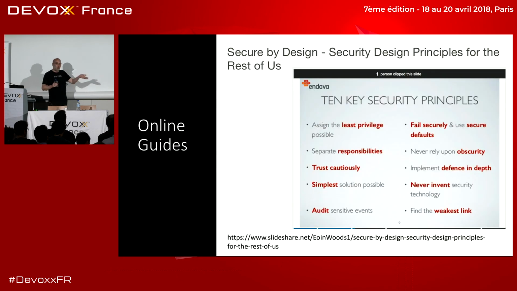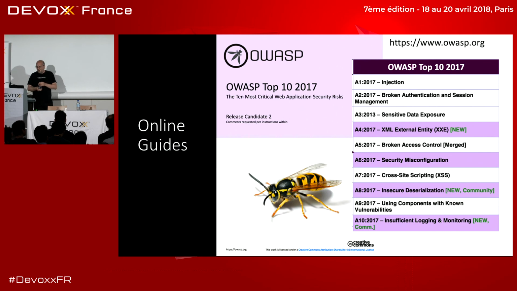You can go look at all the online materials. You can look at Owen Wood's stuff, which will help you get your head around the risk assessments. Where do I put my efforts? How am I likely to be attacked? What should I do next? It's a big world. It's a big problem. These sort of things will help you bring it down. Lots of online guides will help teach you, like OWASP will tell you what the top 10 ways are that you're being attacked. Go have a look at those and figure out whether they apply to you, etc., etc.